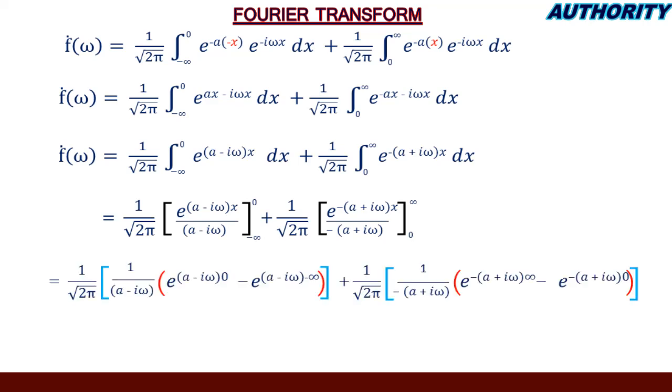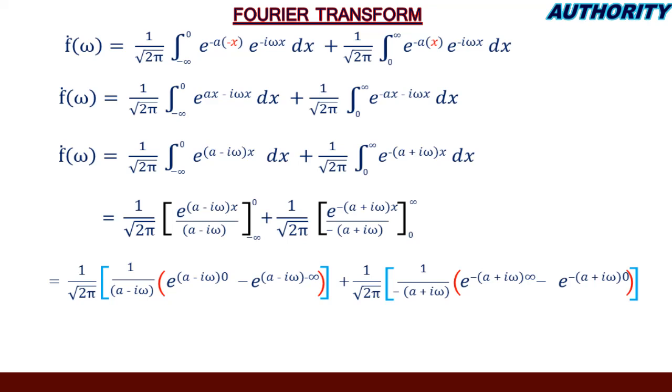So doing that, we are going to have 1 all over square root of 2 pi, open bracket, 1 all over a minus I omega, open bracket, e raised to the power of a minus I omega, close the bracket. So in place of x now, we plug in our upper limit, which is 0. Then minus e raised to the power of a minus I omega. In place of x, we plug in the lower limit, which is negative infinity, close bracket,